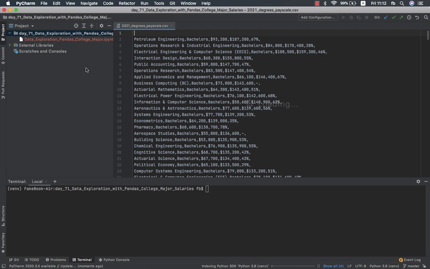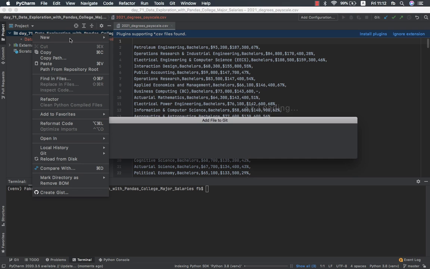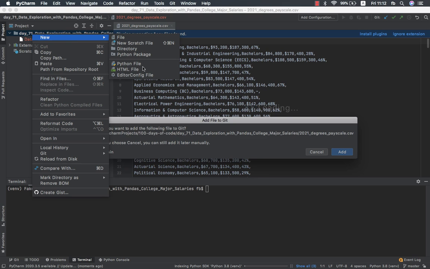Okay, awesome. And where is it? I don't see it here. Okay, and now what we're gonna do is we're gonna try and do something very interesting. If it fails, we have a plan B, okay? We have new file, and it's not gonna be any of these files. So let's just hit file,